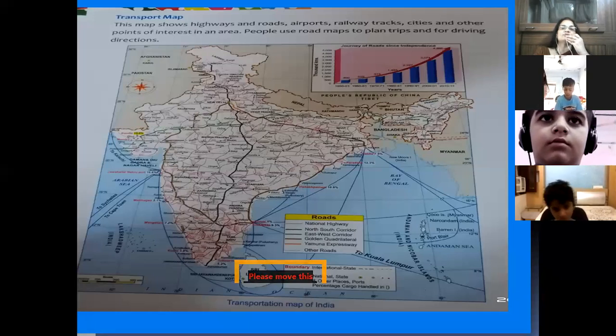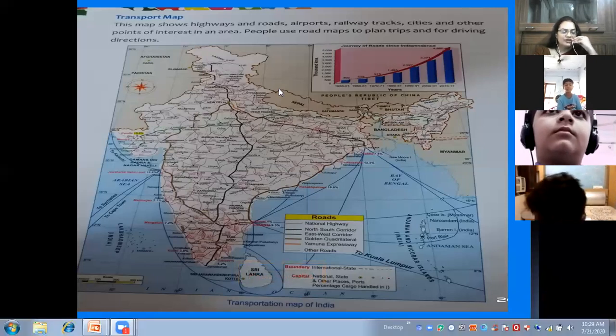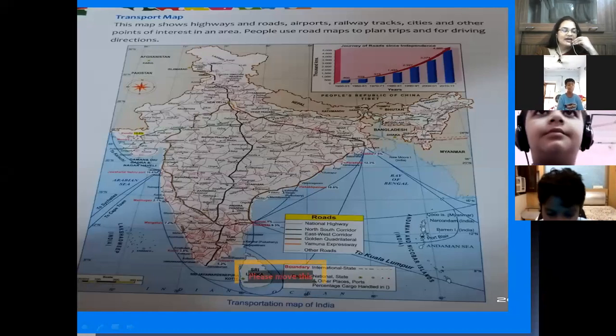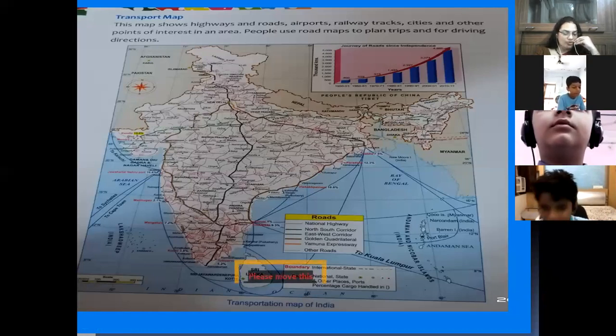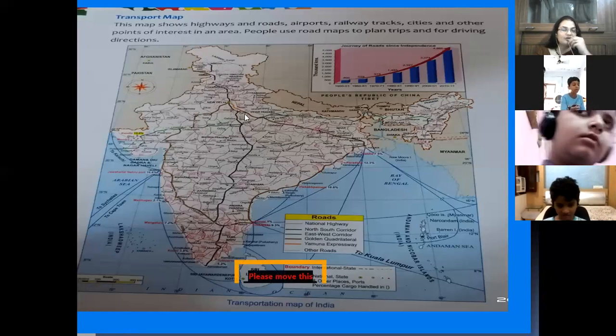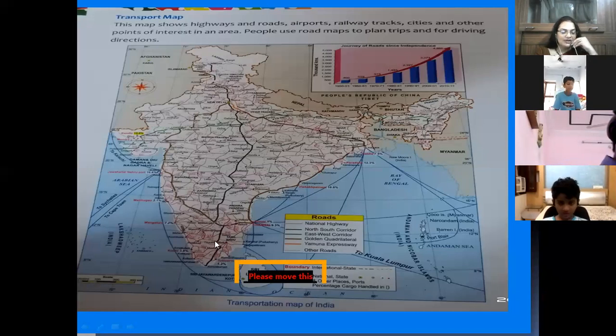People use road maps to plan trips and for driving directions. So you can see, students, different roads and highways are shown on the map. See, there is one highway starting from Jammu and Kashmir, going till the southern part of India. This is the biggest road transport, students.